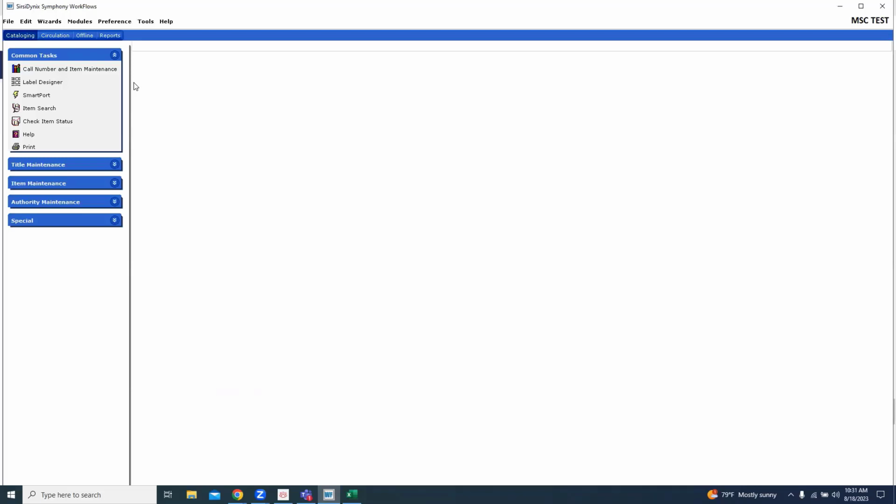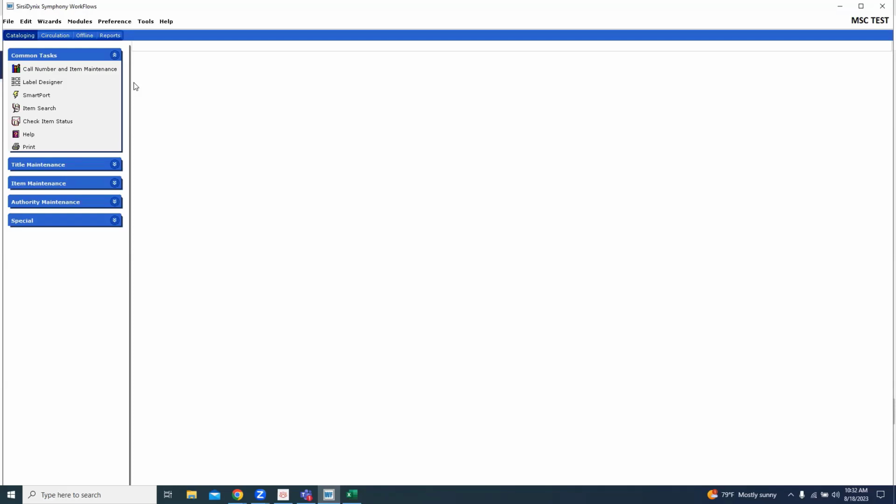There is a way to set up a report template in Workflows where, if you want to print the spine labels in batch, for example, maybe you have an Avery sheet of labels, and you want to print a sheet at a time, we can set that up for you with the margins the way they need to be, the call numbers the way they need to be, and so on,